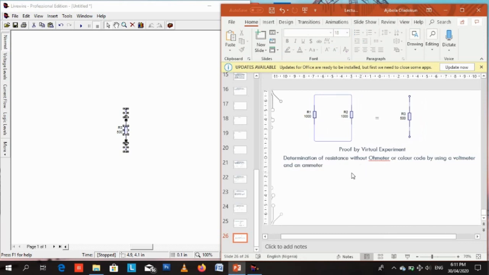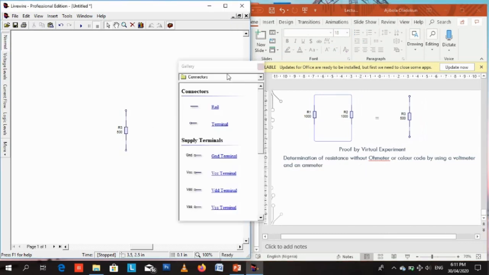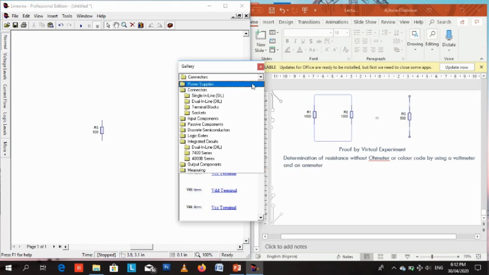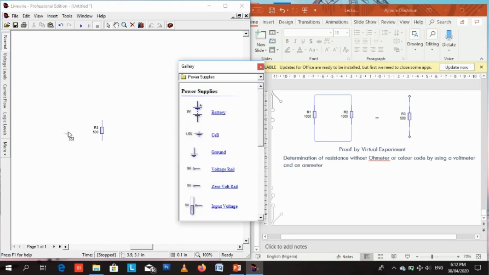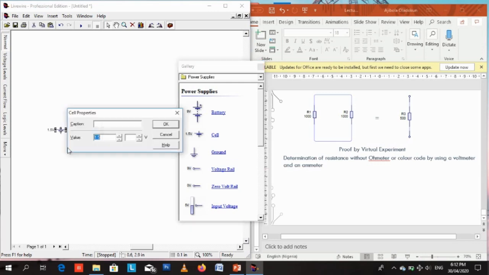So if for some reason there exists a resistor that doesn't have a color code, or the color code has faded, we can use a voltmeter and an ammeter to determine the resistance of the resistor. So we want to determine the resistance of a resistor without an ohm meter or the color code. And by doing that, we are going to prove that the formula for the equivalent resistance of resistors in parallel,